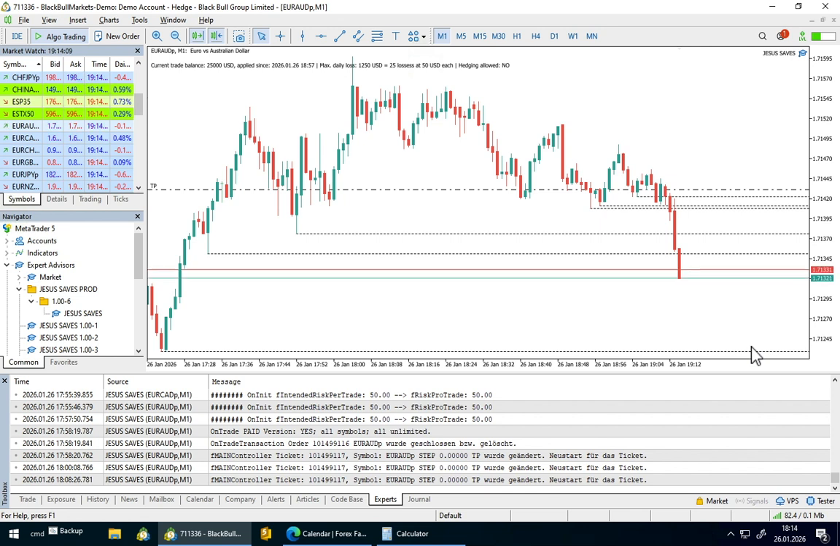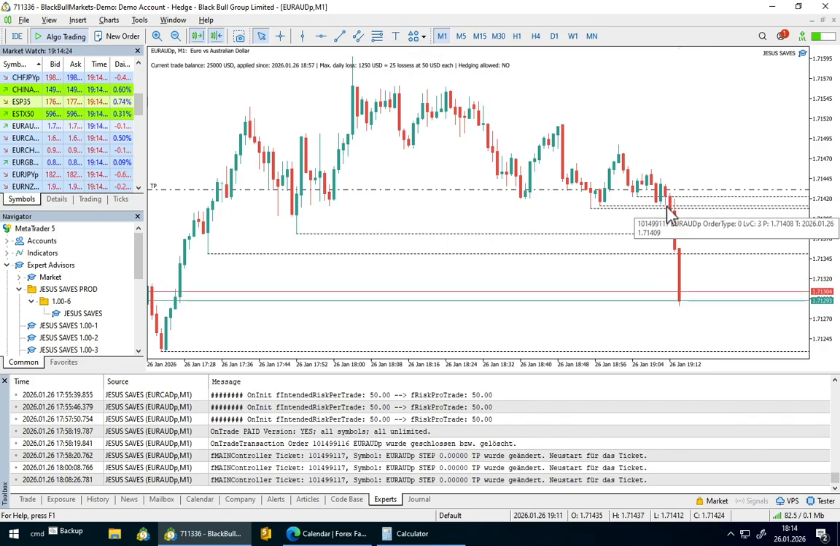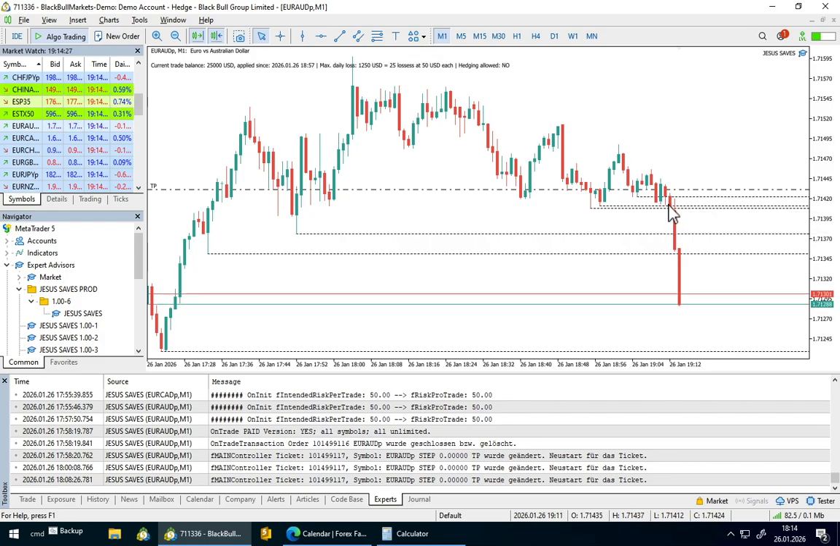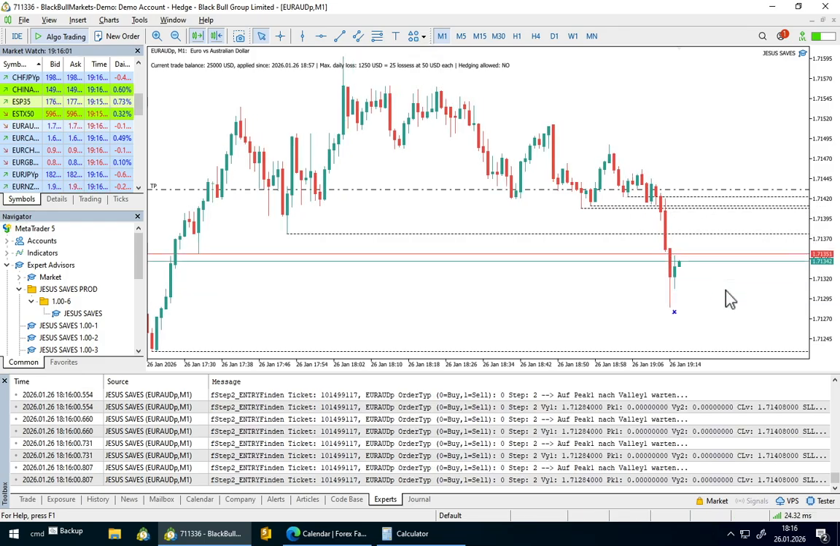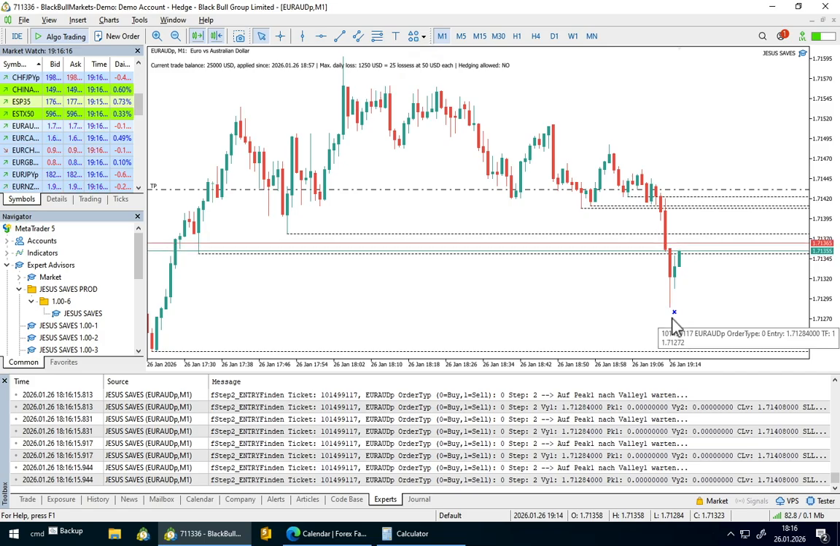But till now it has not found any valley. Even that one is not a valley, because this low and the following low is lower than that, but that low is not higher than that, so this is not a valley. Yeah, now we have the first valley. The price went through 1, 2, 3, 4, 5 levels, and this is the first valley,